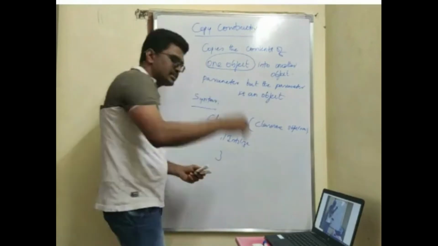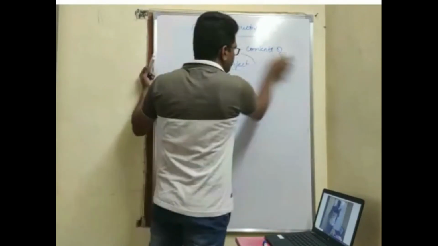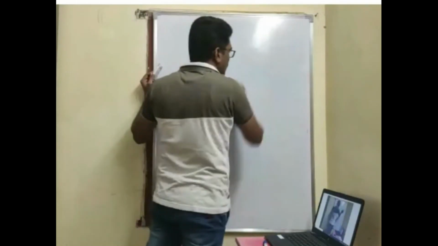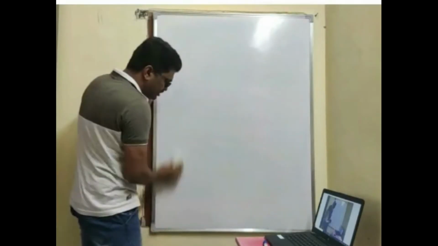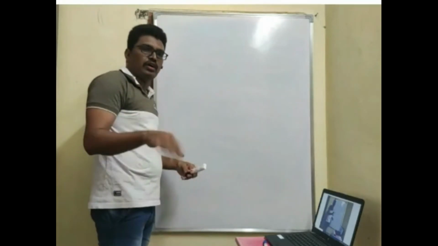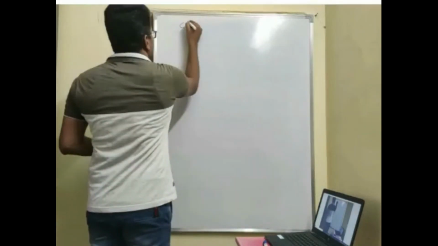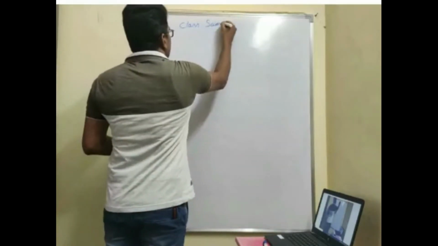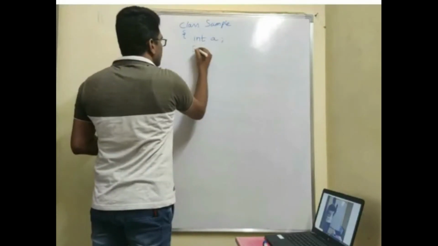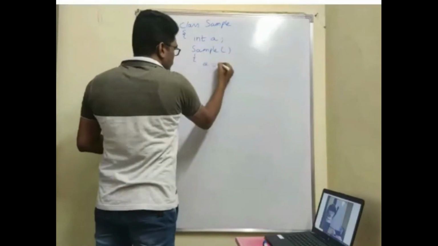Is that right? We'll see the same example. See, I told you, you should have either a parameterized constructor or a default constructor to copy the contents using the copy constructor. So now I define both the things. I'll define all three constructors in a single program. So see here, class Sample, same program. I am not changing anything. For your convenience and understanding, I have taken a very simple one, a equal to 10.